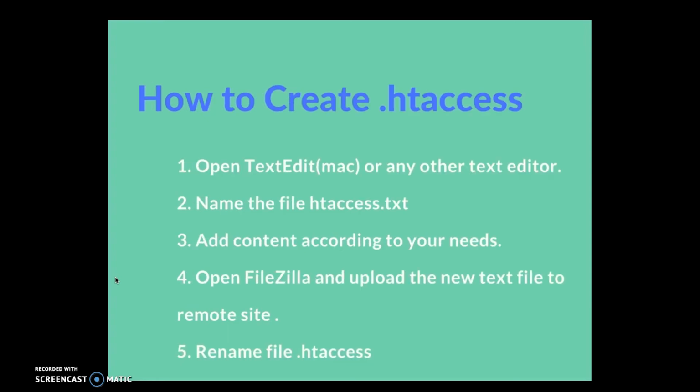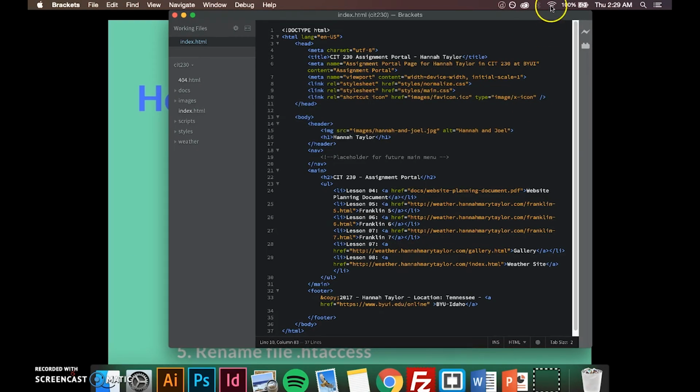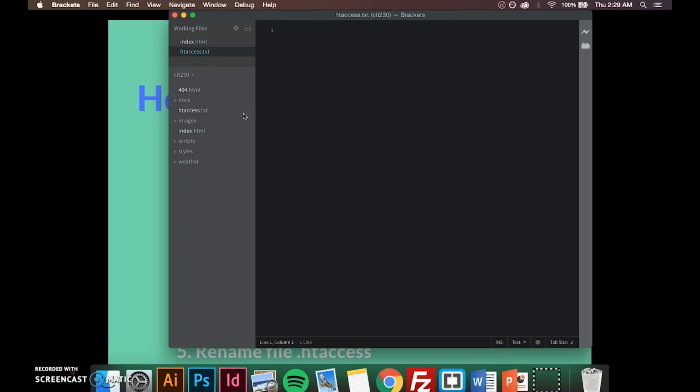So to create a .htaccess file, you want to open any text editor, and I'm actually just going to use Brackets just for ease. And I'm going to create a new file, and you'll want to name it htaccess.txt. And you don't want to name it .htaccess yet because your computer won't recognize this file because the dot is reserved for hidden files. So once you have your htaccess,